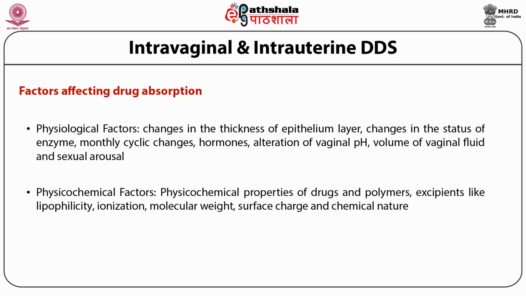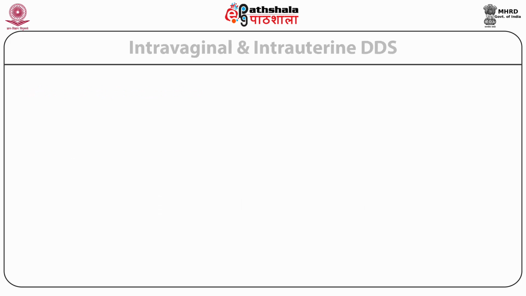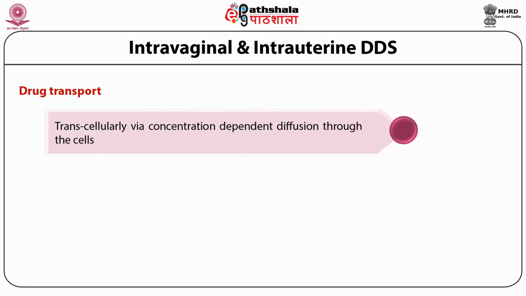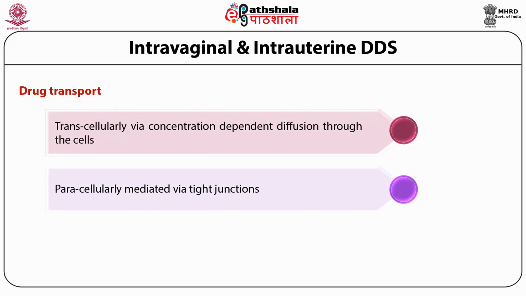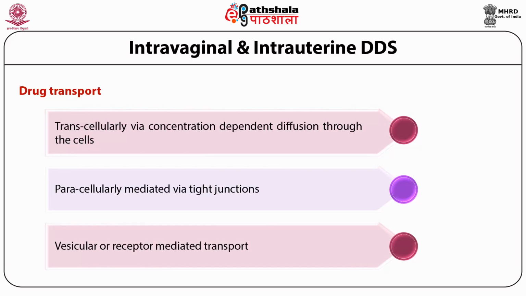excipients like lipophilicity, their ionization, molecular weight, surface charge, and chemical nature. Additionally, the drug transport has to be taken into consideration, whether it is transcellularly via the concentration dependent diffusion through the cell, or it is paracellularly, which is mediated via the tight junctions, or it is vesicular or receptor mediated transport. Keeping in mind all these factors will be very highly suitable for designing a successful intravaginal and intrauterine controlled